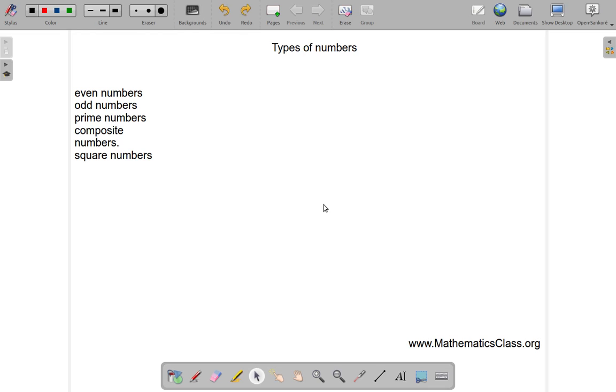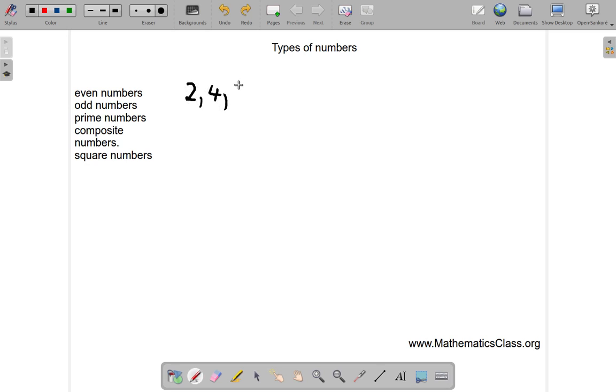Let's continue looking at the various types of numbers. One type of number is called the even number. Now, a few examples of even numbers. It starts with 2. You have 2,